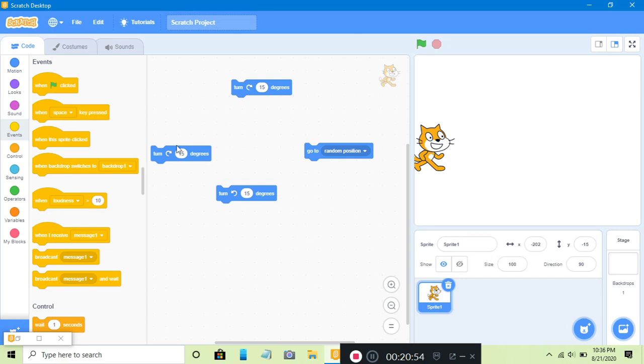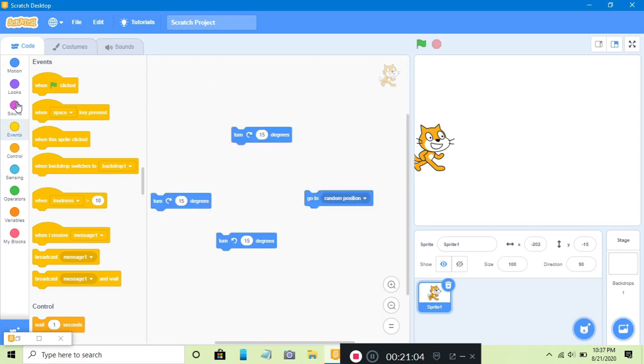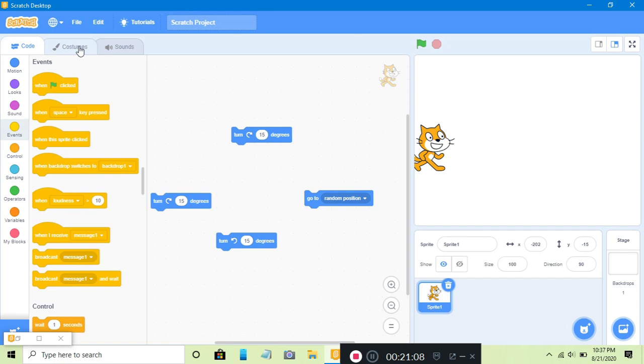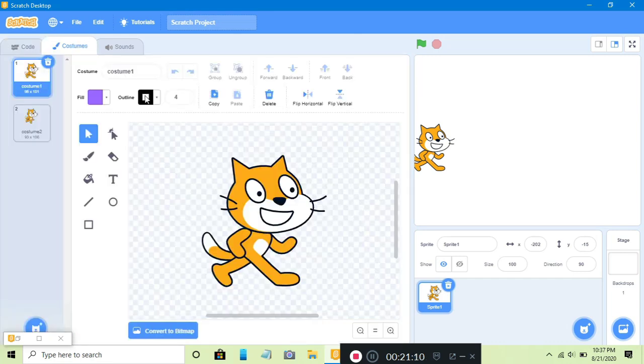All right, now next is event. What is an event? Scratch is event based. We very well know what events are, जहाँ पे हमें बहुत सारे फंक्शंस मिलते हैं, बहुत सारे इवेंट्स मिलते हैं. Wait, I'll show you here.